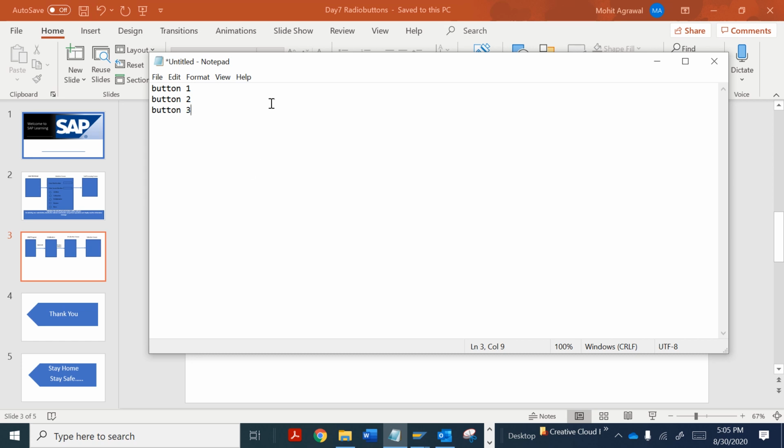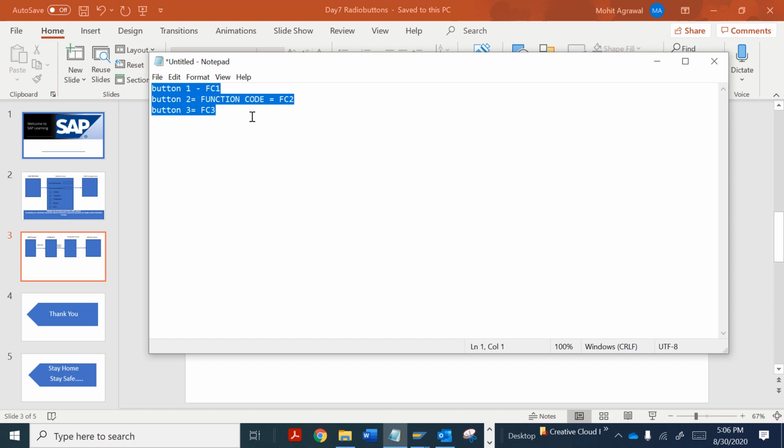For all these we have a function code. It can be FC1, FC2, or FC3. So we have a different function code for clicking those buttons.